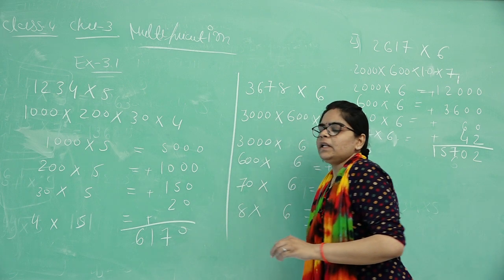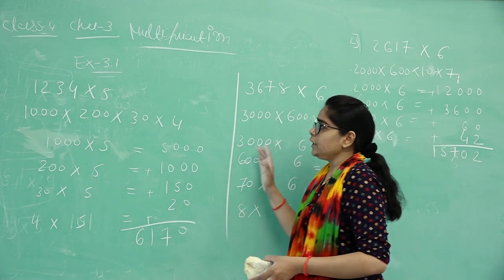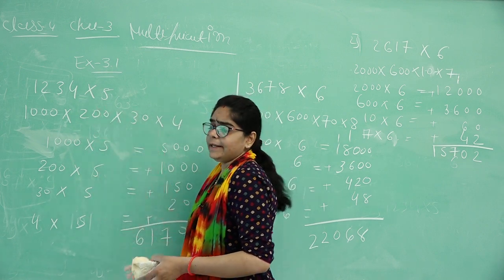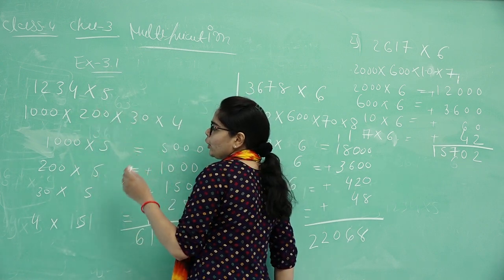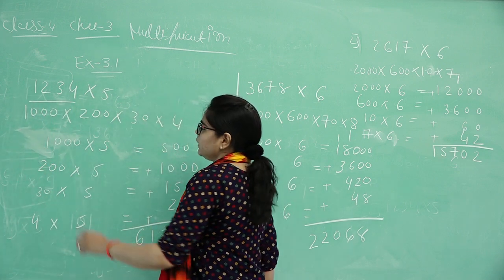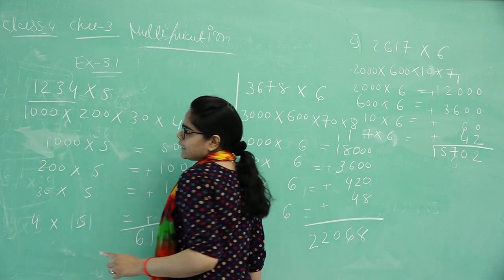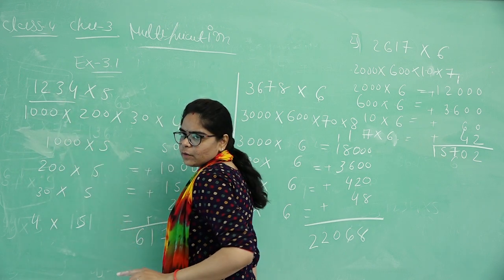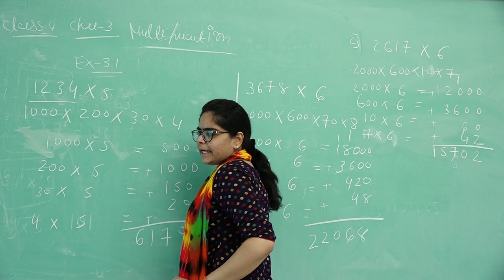You know very well how we can do this multiplication. If you don't know how to make the expanded form, what you have to do? First of all, write down this first number. Then after 1, how many digits are there? 1, 2 and 3. Then put here 3 zeros. Then after that, put here the multiplication.